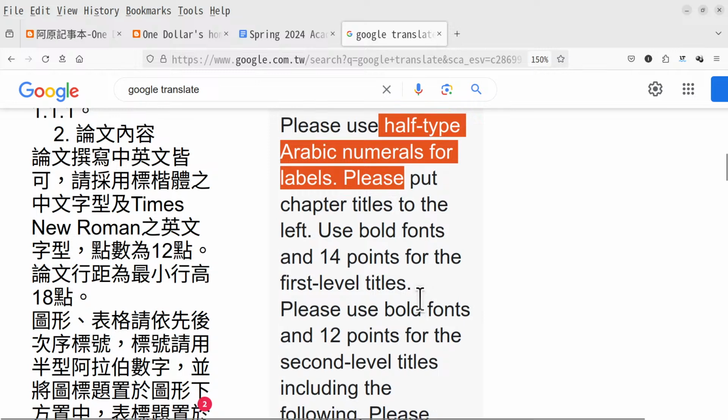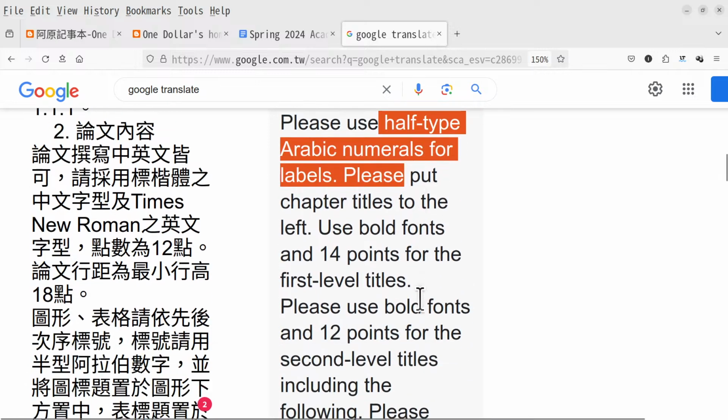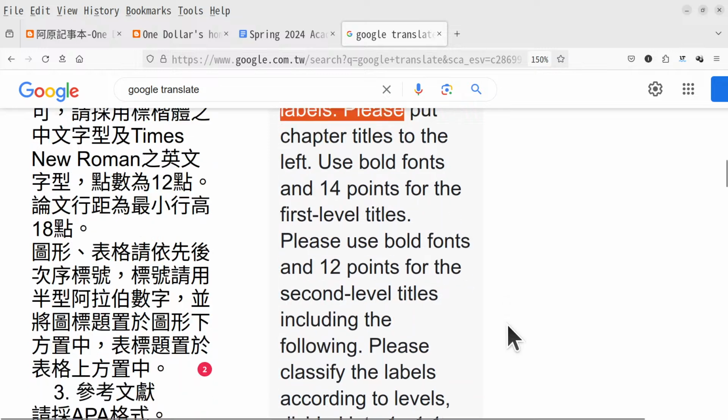Okay, it didn't say anything about this. And it's 14 points for the first label titles. Please use bold font and 12 points for the second label title. That is the rules you need to follow. Okay, then